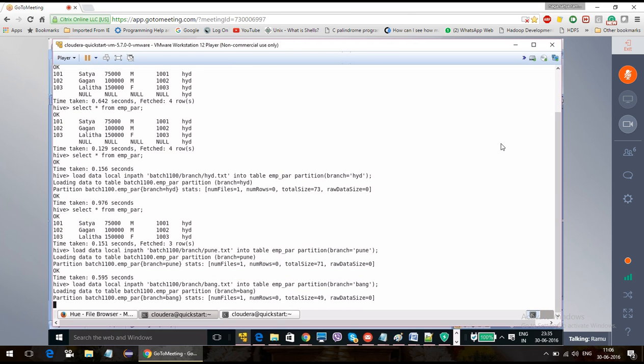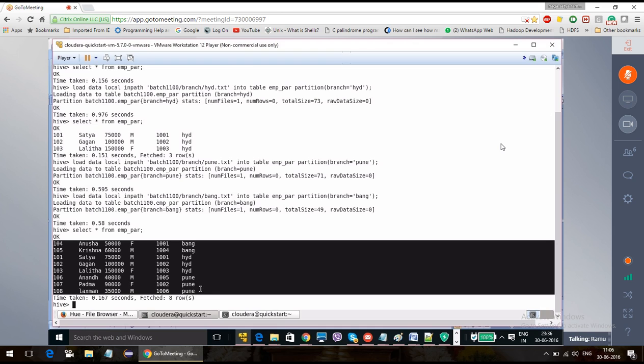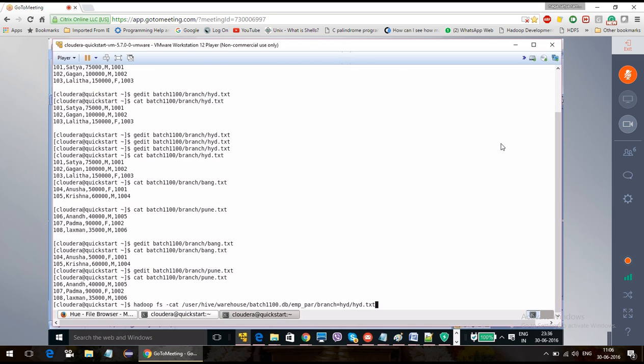Like how you get it in an RDBMS, you will get it in the same way. Now I will show you the directories. It should create 3 directories.